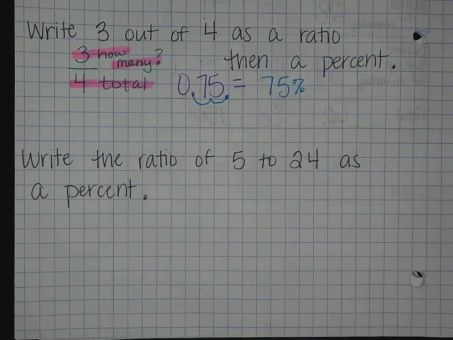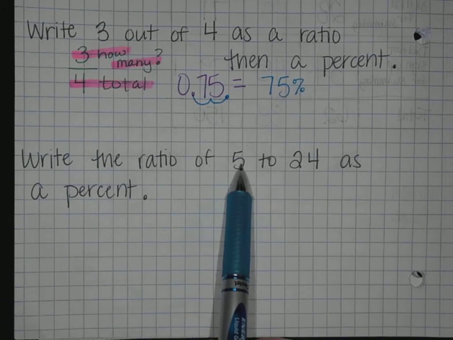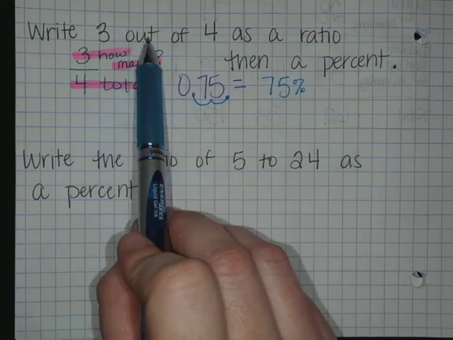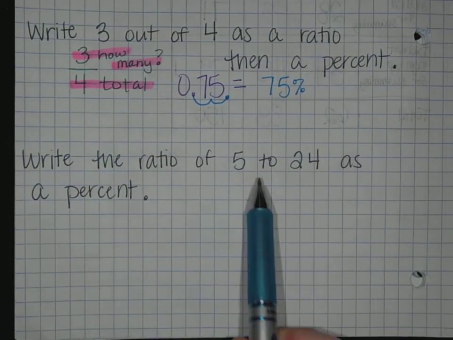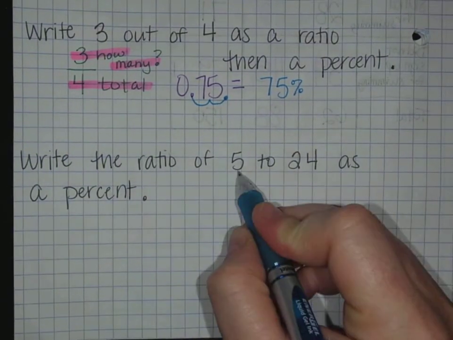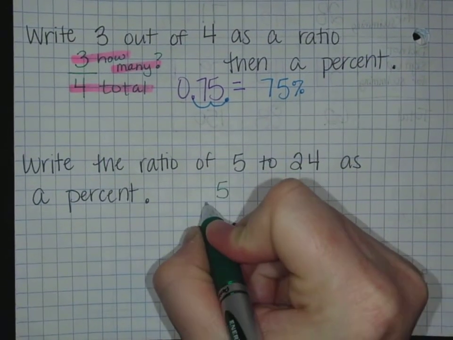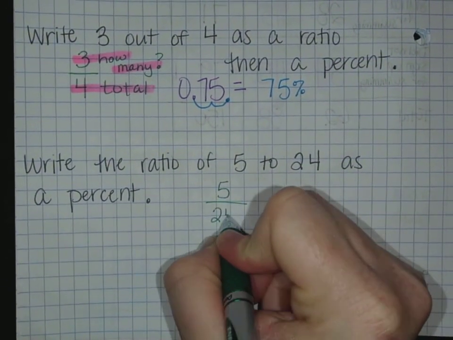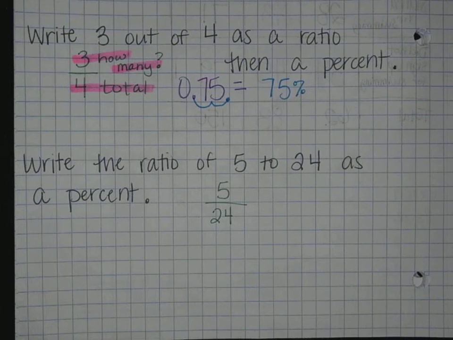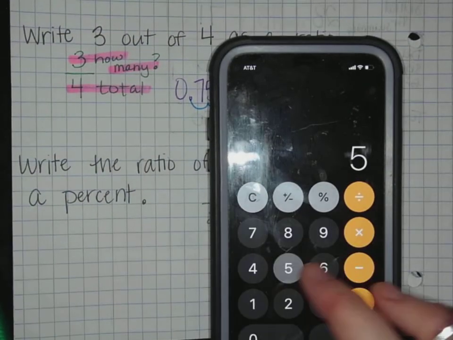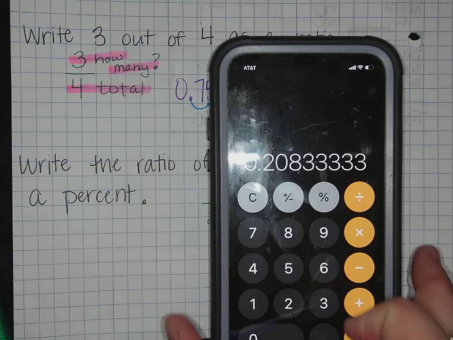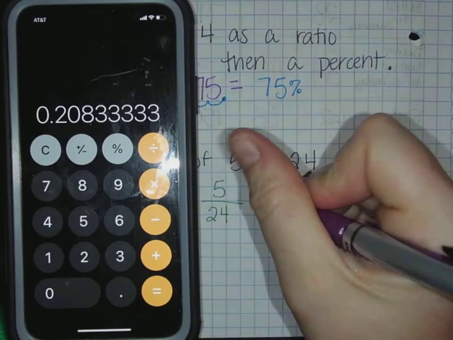Write the ratio of 5 to 24 as a percent. Notice this one says 5 to 24 instead of 3 out of 4. It's the same thing. This is how many. It's 5 out of a total of 24. So write that, or put that in a calculator. So 5 divided by 24 equals